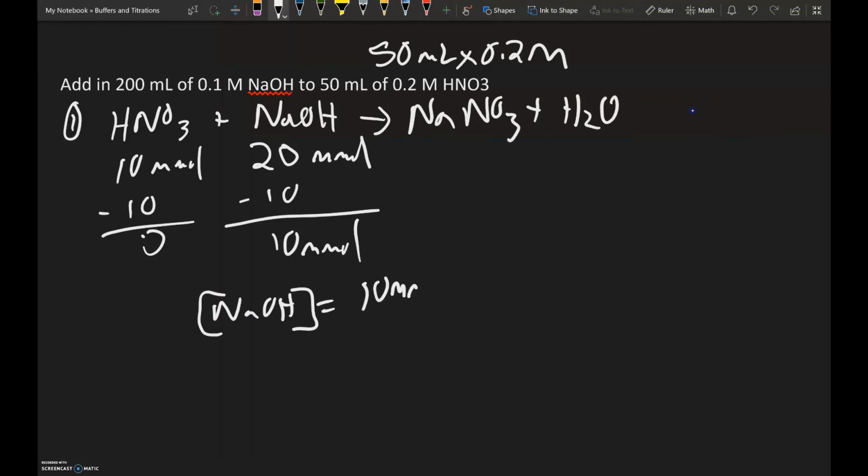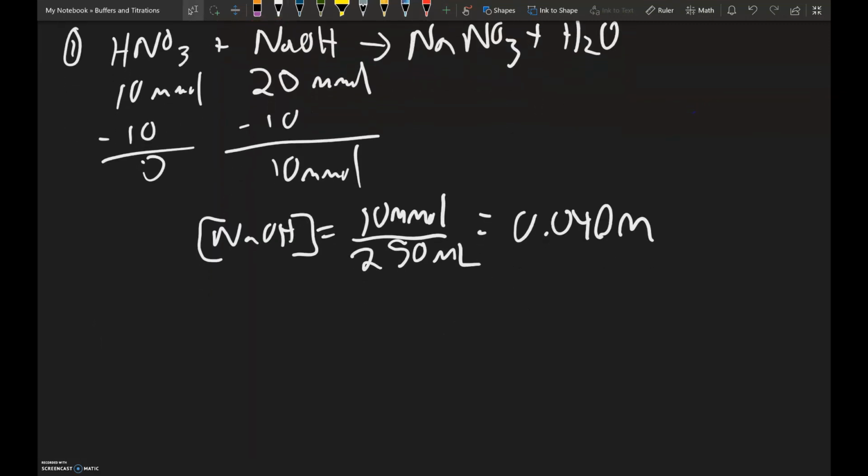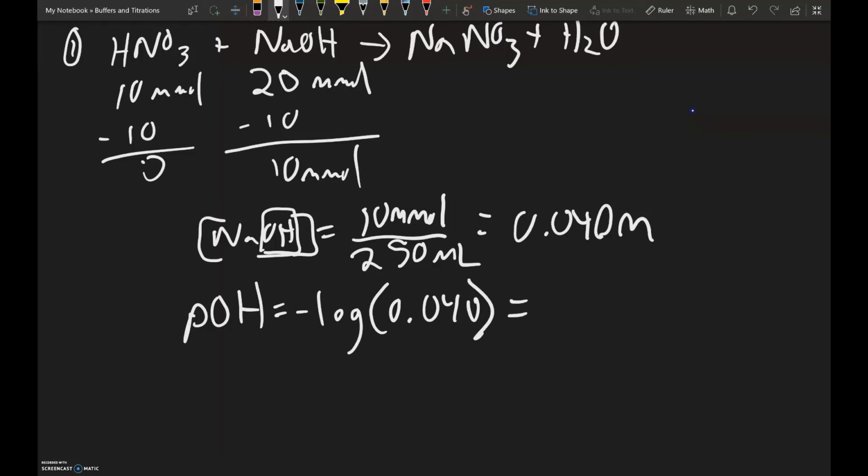So we're going to figure out the molarity of the sodium hydroxide, and we're going to take the 10 millimoles and divide that by 250 milliliters, and what we end up with is a 0.040 molar solution of sodium hydroxide. So to calculate the pH of this solution, we first have to figure out the pOH because of the hydroxide ion, and that's just simply taking the negative log of the 0.04 molar, and that gives me 1.39 for the